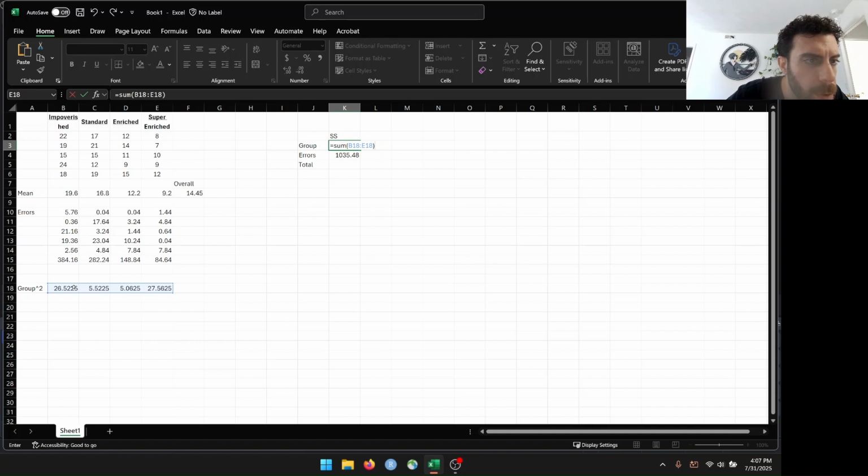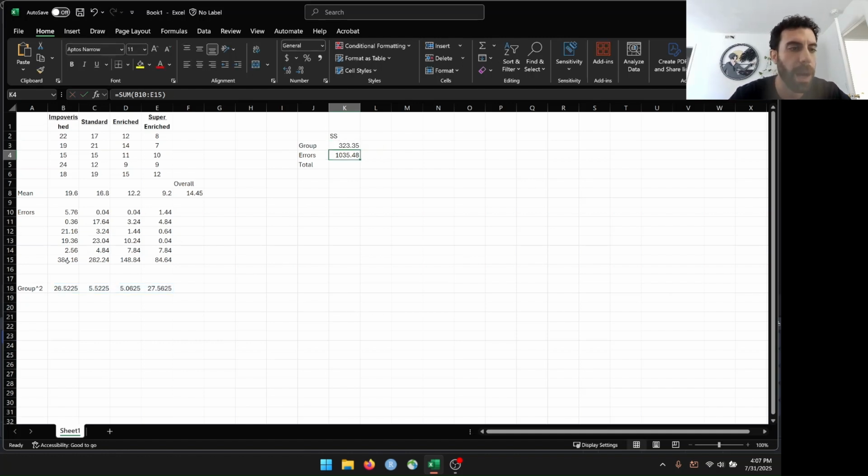1, 2, 3, 4, 5, which tells me that the errors are wrong because I have 6 values in errors. So first let's fix this. Let's multiply by 5. Now over here what's going on is I'm taking this blank cell and subtracting the mean, I'm assuming. Yeah, so we want to erase this row because it's not an error, it's not an actual data point. Okay, so now we have our sum of squares group, our sum of squares error,